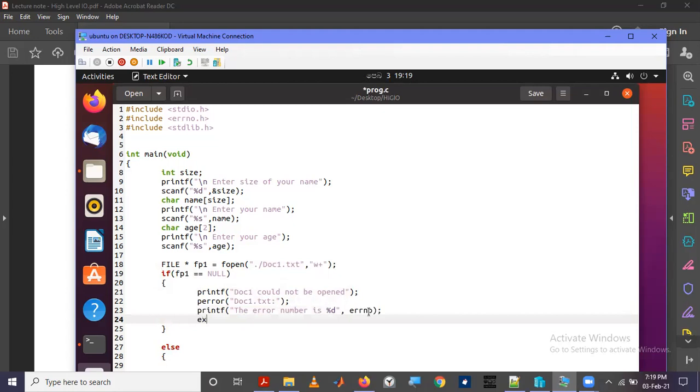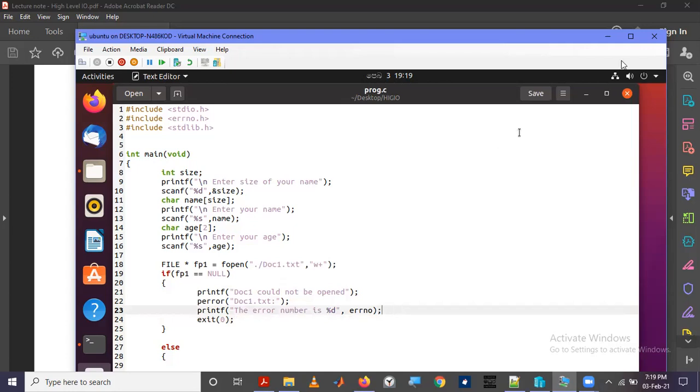Then after we print the error, we'll exit from our program.